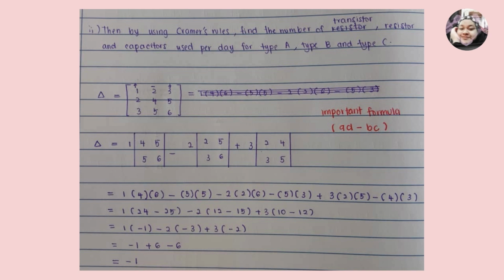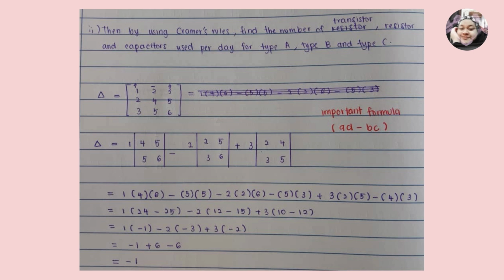Okay, the first thing we need to find is the determinant. How I do it is I use the important formula AD minus BC. As I have written here, it is 1 in brackets 4, 5, 5, and 6. How do we get that? Using the technique,